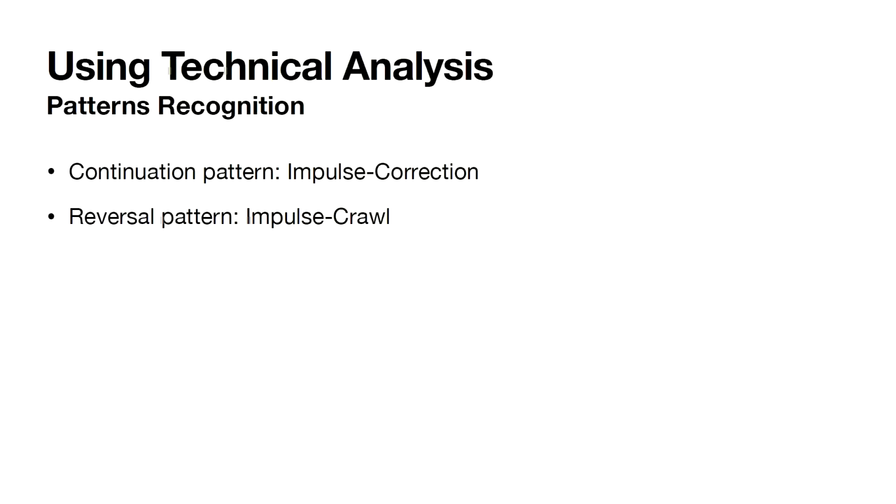Again, I don't need to overcomplicate things. I just need two patterns. Why? Because if the market is not moving in the prevailing trend, then it's likely going to reverse. If it's in a range environment, then I don't trade. So all I need is a method to help me determine: are we going to continue the trend, or is the market likely going to reverse? Basically, I just need to find that out.